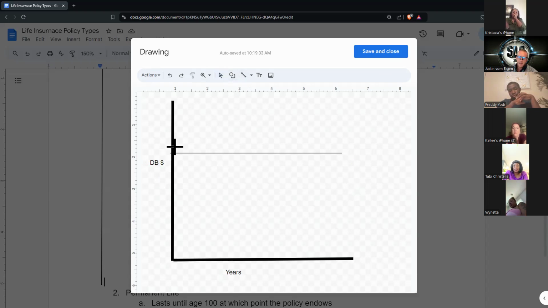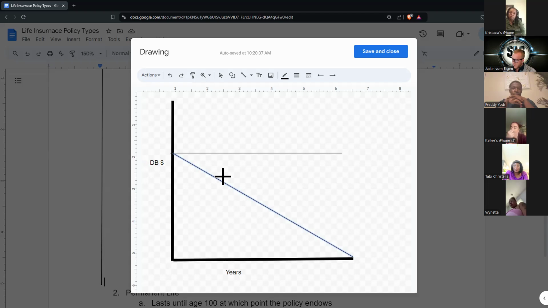This is covered in the course, but no one really gets these because of the price between decreasing term and level term, it just doesn't, I don't know. I've never seen anybody buy a decreasing term, but they talk about it in the course, so we're going to talk about it here. Decreasing term is when the death benefit decreases over time. So it starts high and then every year it decreases. This was designed to cover things like mortgages, right? Where over time you're paying less.